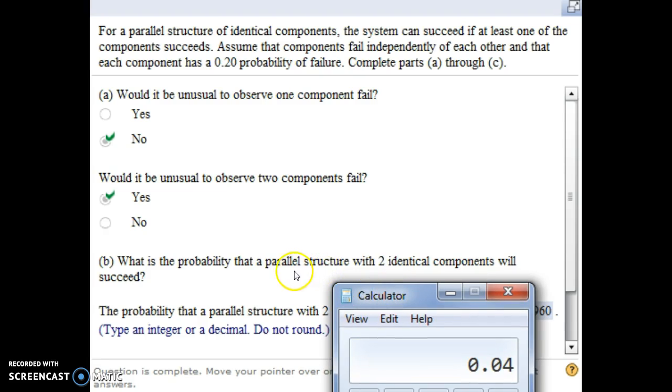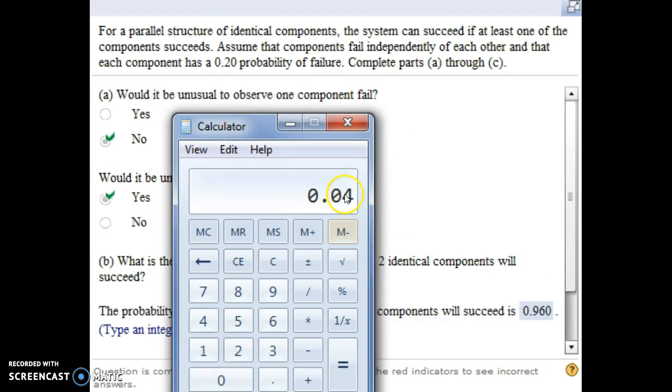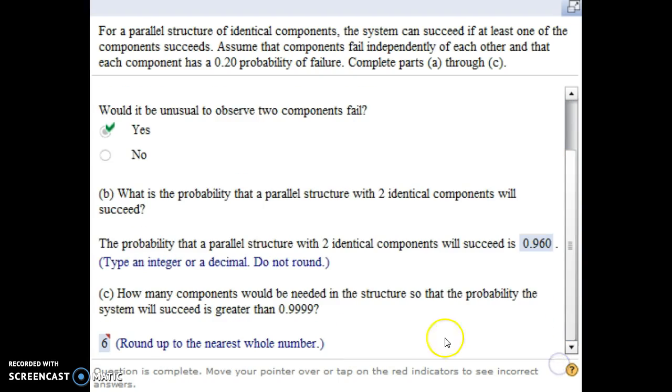Oh, well then what's the chances that the two identical components system will succeed? Well, 1 minus the chances it fails, so 0.960. And then the final part of the problem, here's where a company would really be interested. They'd say, we have to have success. We can't have our components fail. So we want this probability,